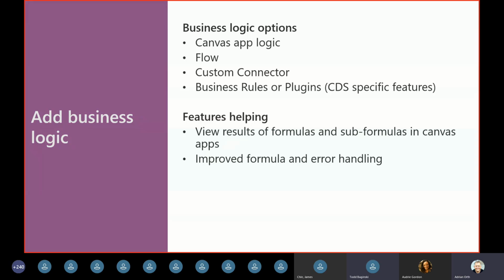Yep. It no longer is the day when it's just an app from data style app where you're mainly doing create, edit, save functions within your app. You now can